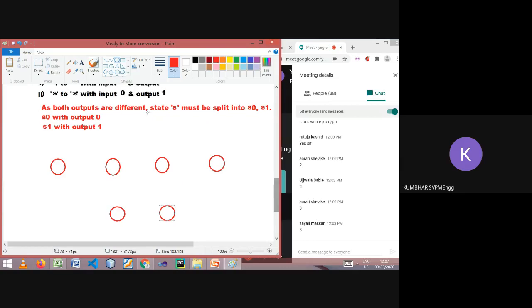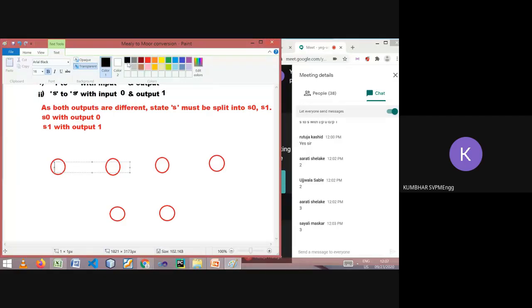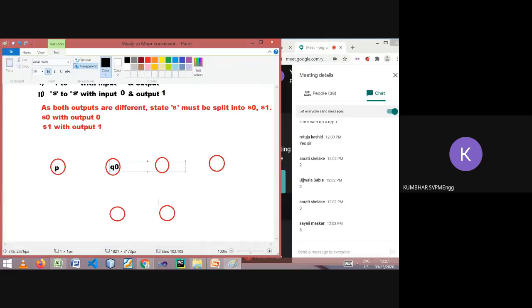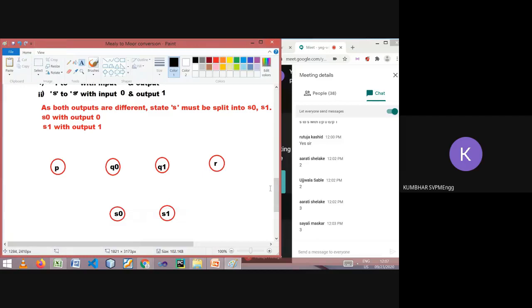Let me give the names and then we will check the transitions. This is P, this is Q0, which came from the split of state Q into Q0 and Q1. Then let's say this is R, this is S0 and S1. Fine, these are the final states.